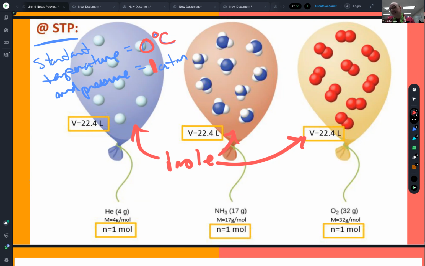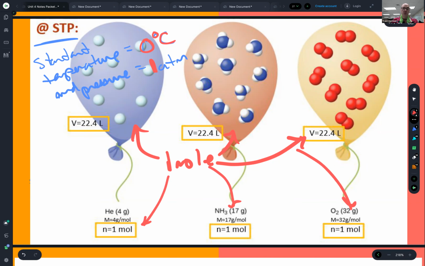Now, why was that value chosen? It was calculated. It was not chosen. I wish they would have chosen something that would have been easier to remember. It would have been nice had they chosen 100 liters, 10 liters, 1 liter, but they didn't. They calculated a value of 22.4, and we will get into this later in the year. We'll prove that this value is valid. But for right now, what we need to know is that 1 mole will take up 22.4 liters for